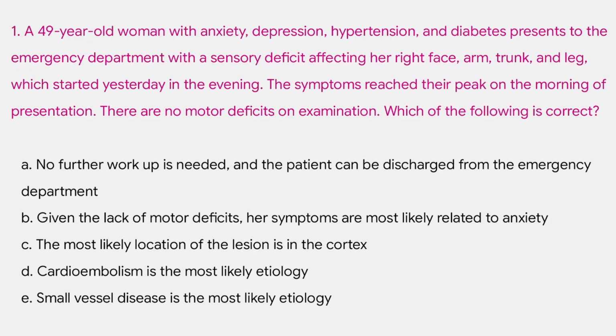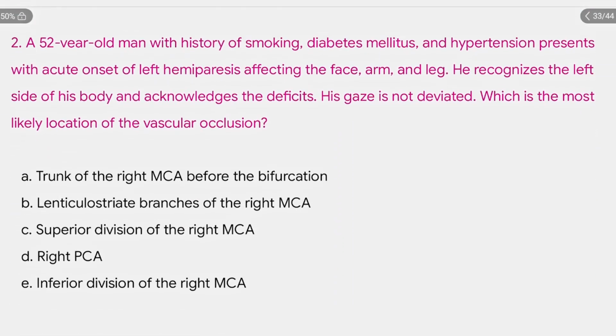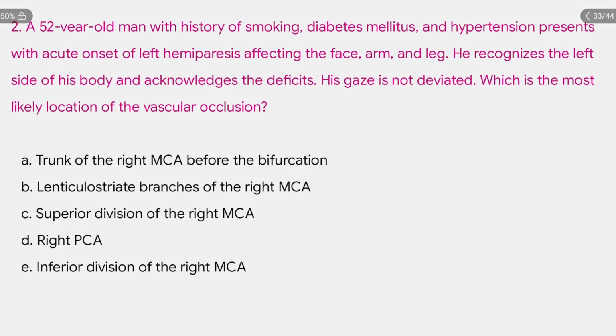Now, let's approach this. Patient has anxiety, depression, hypertension, diabetes. There is a sensory deficit affecting her entire face, arm, trunk, and leg. So the entire one half of the body is affected. And there are no motor deficits on the exam. This is the main clincher. So it's a pure sensory stroke, which we know is seen in lacunar strokes, which is a small vessel disease. It's pretty easy. Next, a 52-year-old man with a history of smoking, diabetes mellitus, and hypertension presents with acute